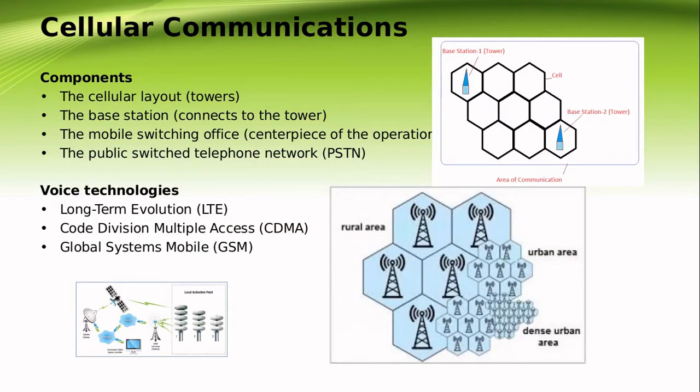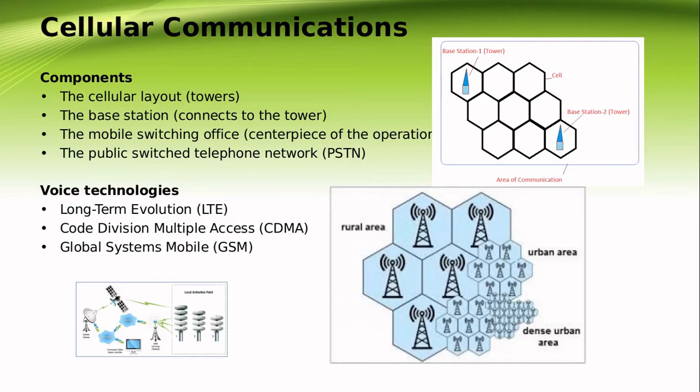Cellular communications. Cellular communication is a form of communication technology that enables the use of mobile phones. A mobile phone is a bidirectional radio that enables simultaneous transmission and reception. Cellular communication is based on the geographic division of the coverage area into cells, and each cell is allocated a given number of frequency channels that allow a large number of subscribers to conduct